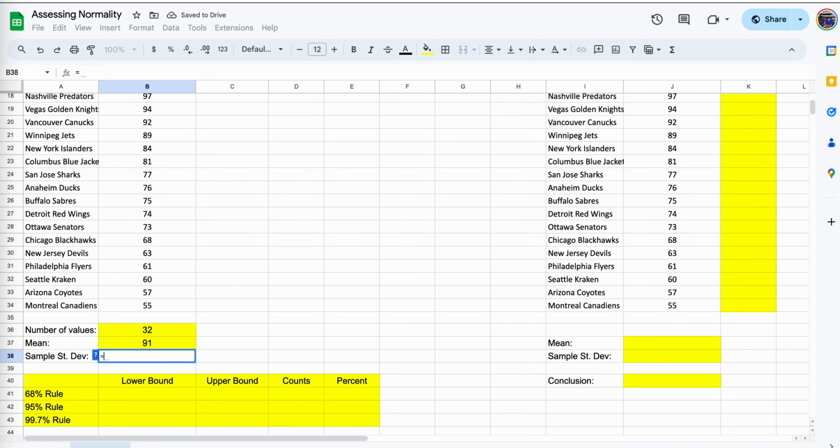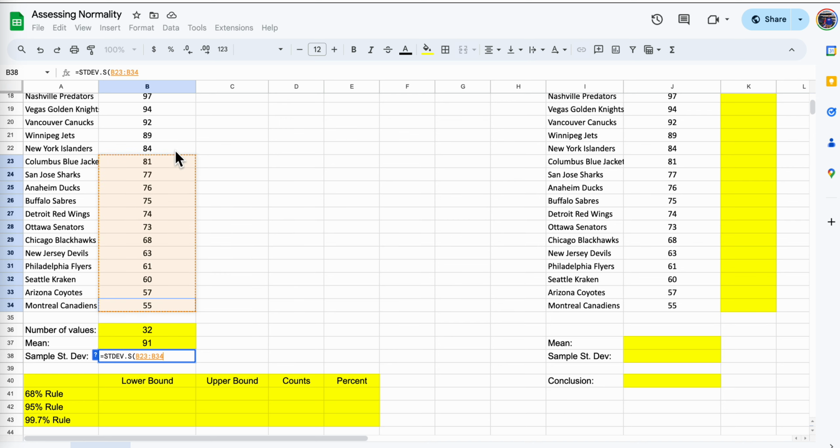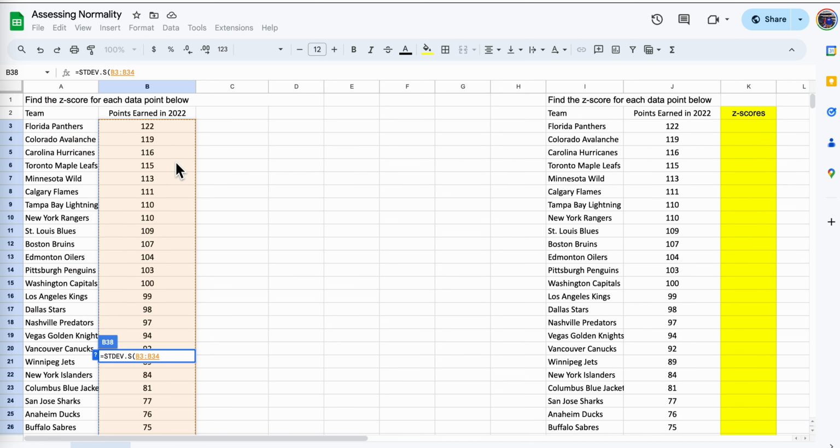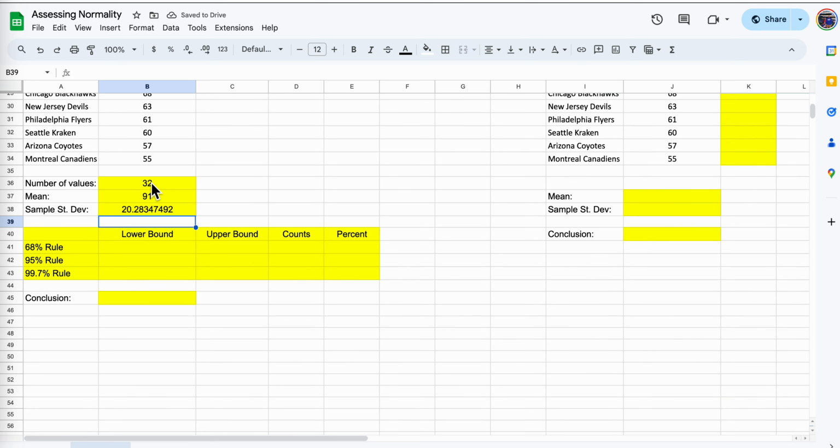Sample standard deviation equals, then start typing sample or standard deviation even. Then you'll see, as you go down the list, one that says standard deviation, STDEV.S. That S is for sample. So we'll grab that. And so now I have the number of values in the set, the mean of the values in the set,